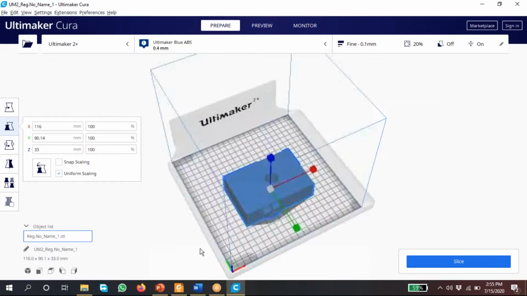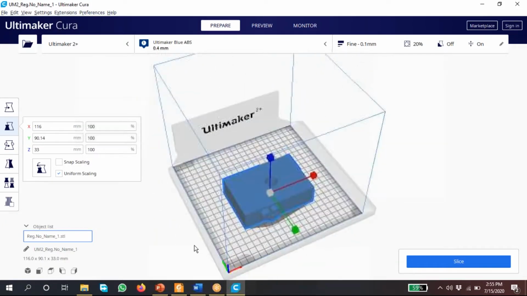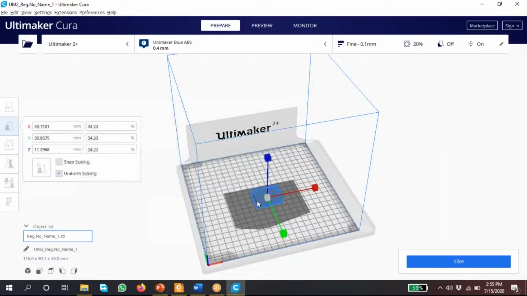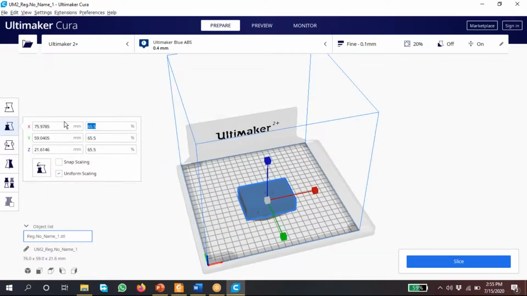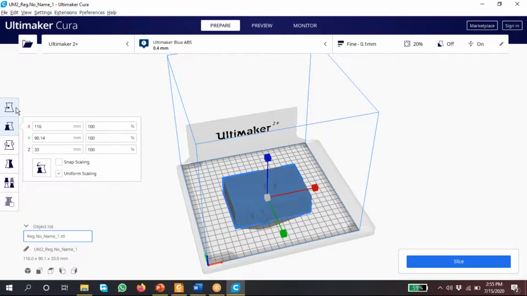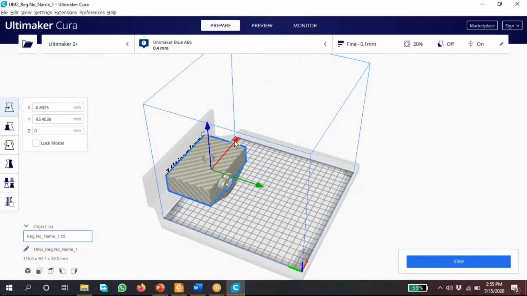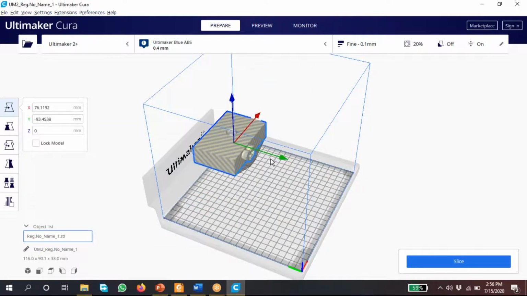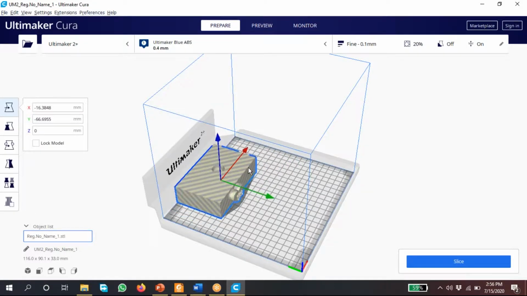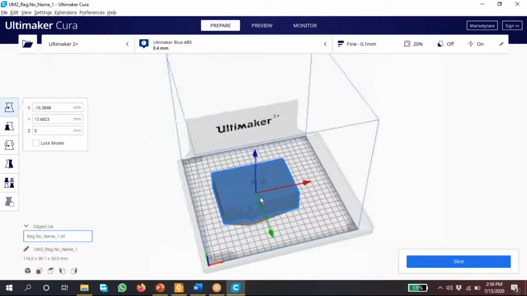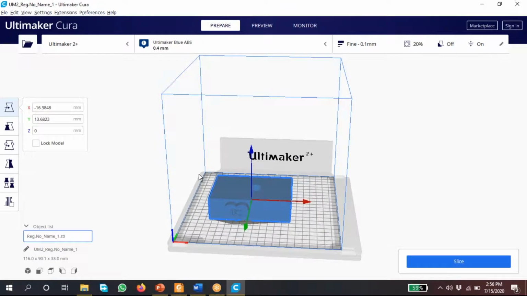I don't know why, now everything is in the build space, right? Maybe your part may be like this. No, I have scaled it more. Okay, now it is turned blue. Yes, thank you. Can you mute that audio? Okay.